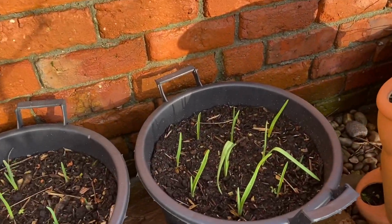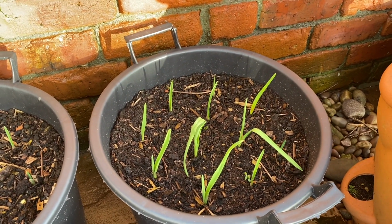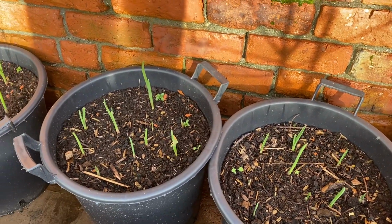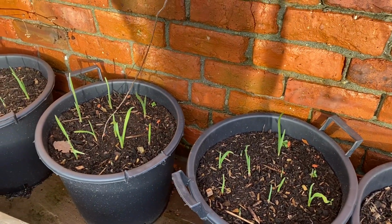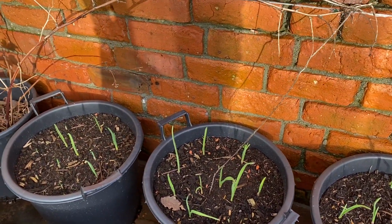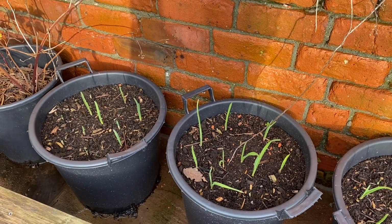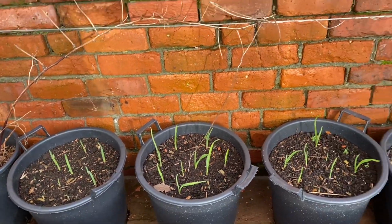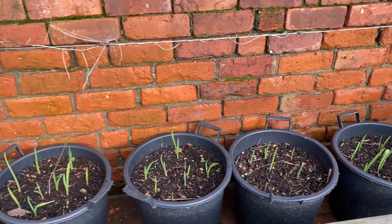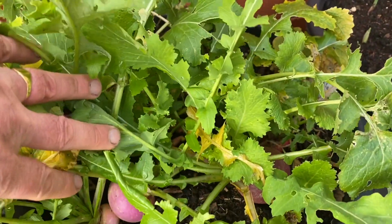And yeah, garlic. This is an experiment for me again, is garlic in these tubs, which are the tomato tubs, the outdoor tomato tubs. Now these only get planted in June, so this garlic has got from now until June, so we'll see how well it does. Now if I need to, I could put my tomatoes in sort of 2 weeks later, so the middle of June, and I suspect that this garlic will be ready for harvest by then, because this is a very sheltered, warm spot. So I think it's going to be really good for garlic, and that's a fair amount of garlic actually in those containers. And we've got some turnips in here going quite nicely,